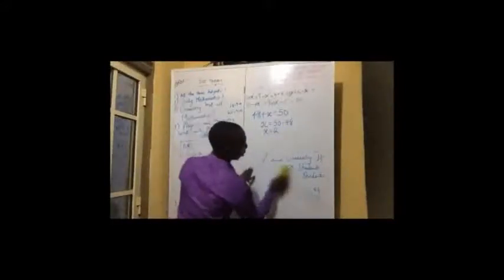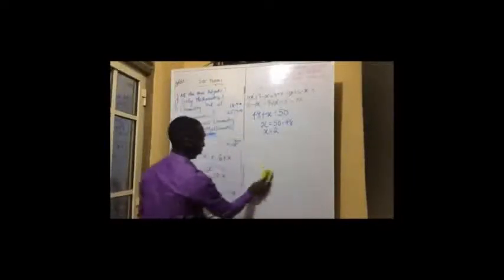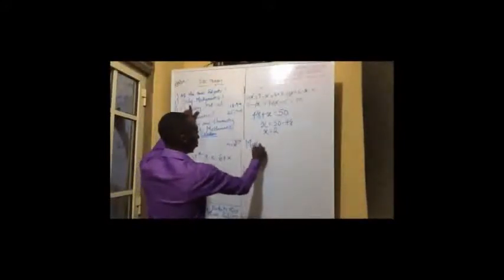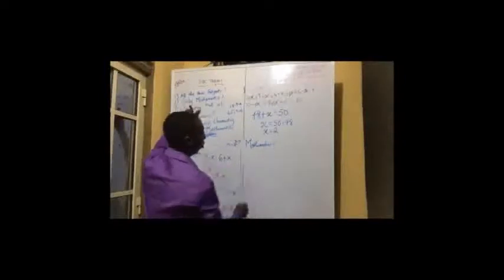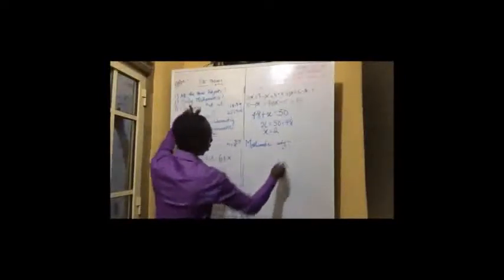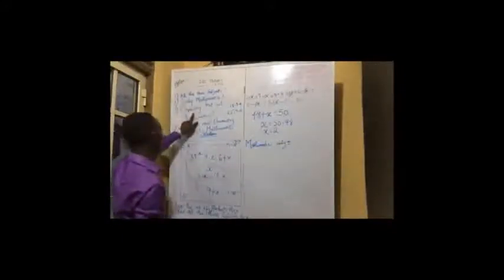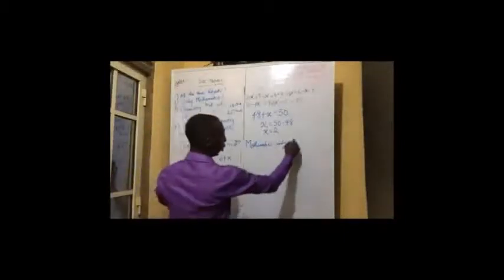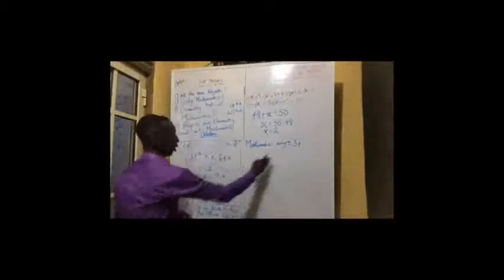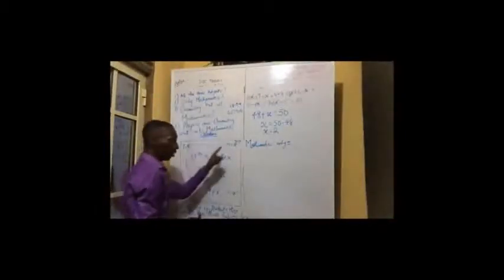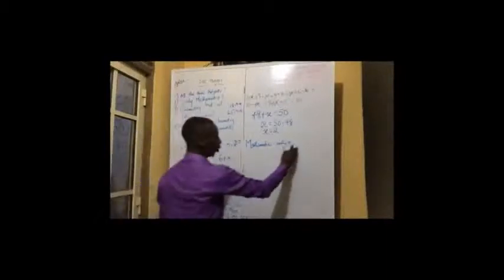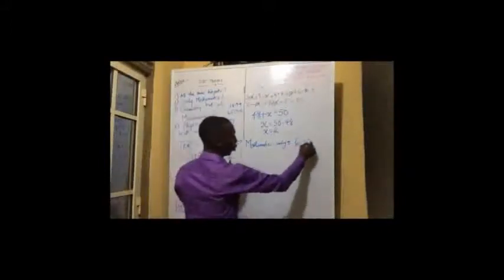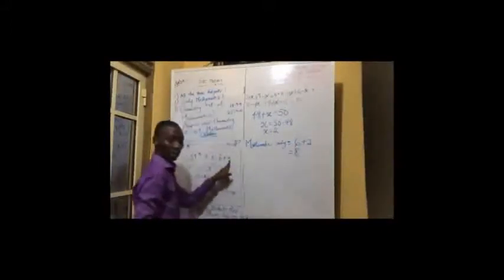Okay. So to find the number of students that do mathematics only now. Come to mathematics here. You already have this. So mathematics only will be 3 plus, this is math, this is physics, this is chemistry. So mathematics only will be 6 plus, now instead of writing x, it will be 2. That gives you 8 students doing mathematics only.